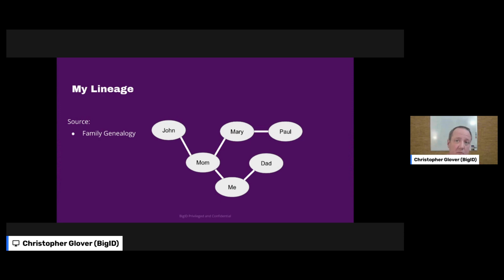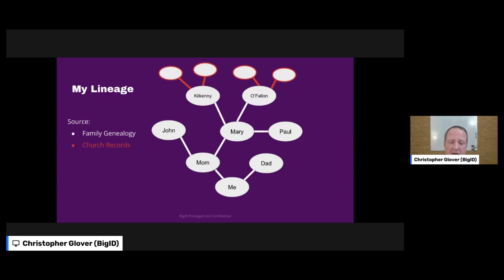But today there's even more advanced tools. I can go to sites like ancestry.com to figure out what it knows about my family. And I might be able to trace it back even further. In my family, or in the US, many immigrants came through Ellis Island. And Ellis Island is an island in the harbor of New York where about 12 million people immigrated to the US. And if I trace my family back, I'd actually find that as part of my lineage, it's the Kilkenny family and the O'Fallon family. They came to Ellis Island. They came from Ireland.